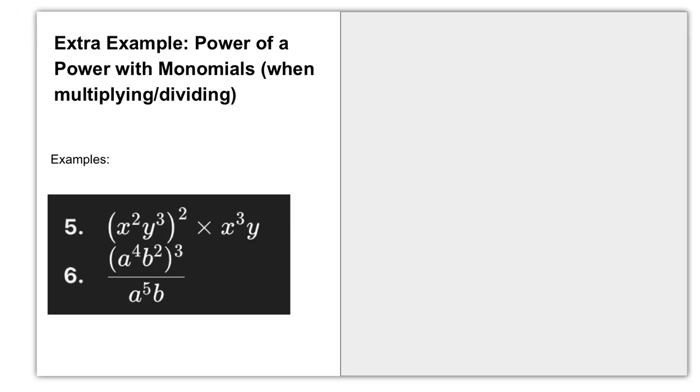Okay, here's another one that might be not hard, but confusing. Again, we're going to work on our knowledge about the rules, right? And we're going to apply the same rules. Look at this one. It's very interesting. It's a lot of fun once you understand it. So the fifth example has